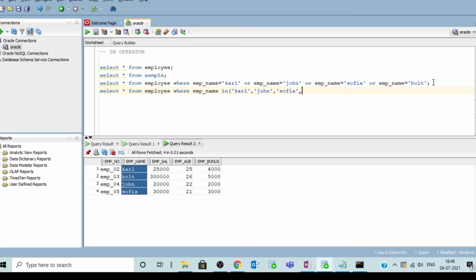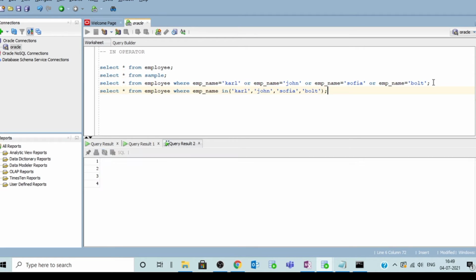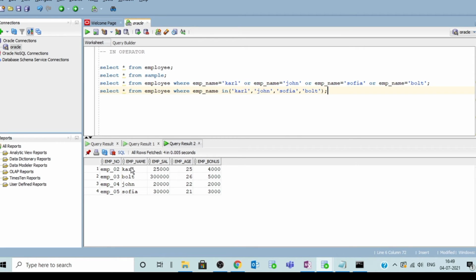It compares each and every value inside the brackets as employee name equal to Carl, employee name equal to John, or employee name equal to Sophia and Bolt, and the result is the same. So we can reduce the lines of code when we write the query using the IN operator.